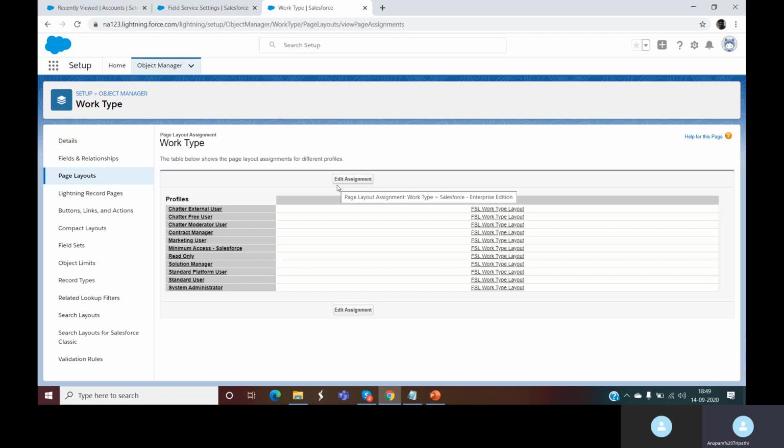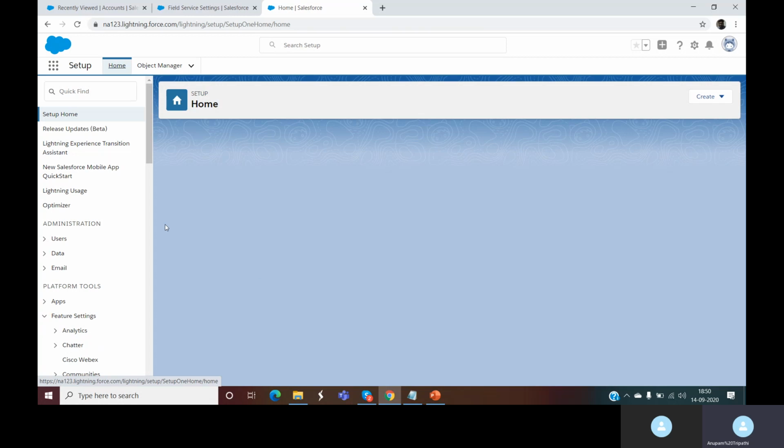I think we have to also enable the emergency dispatch map for system administrators, which I think admins can use to test the emergency wizard, which we'll talk about later. So let's do that as well. So we'll go to setup, and